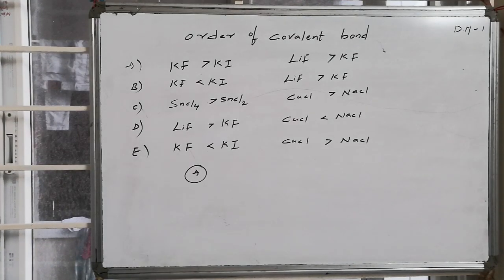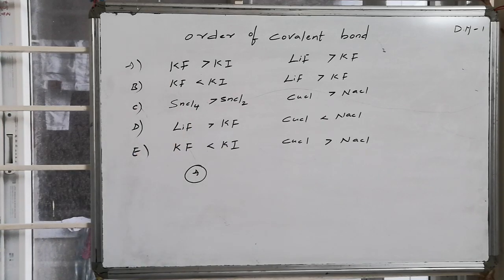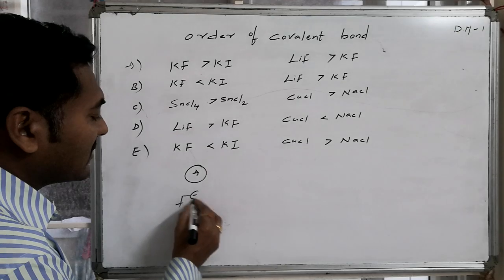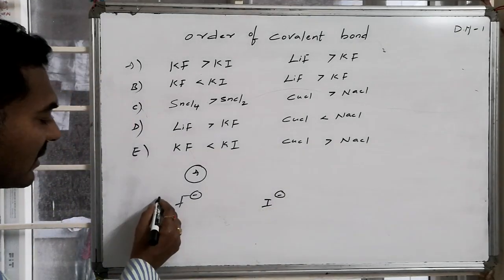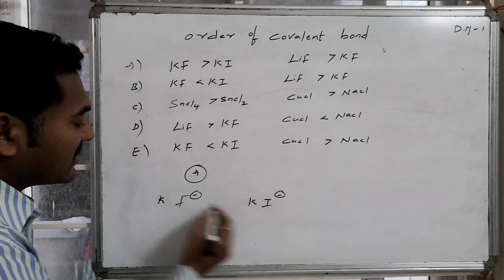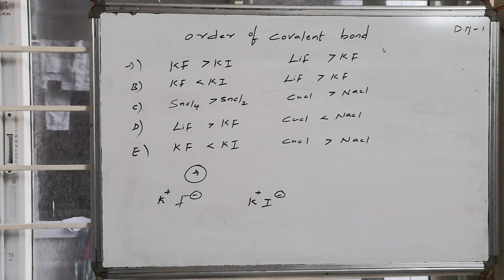Let us go for A. Here KF versus KI is given. Cation remains the same in the first half, but the anion in the first case is fluorine and in the second case is what? Iodine. That is F minus anion is present, followed by I minus anion. Both are making combination with potassium, that is K plus and K plus. K plus remains the same, hence the deciding factor is anion, that is